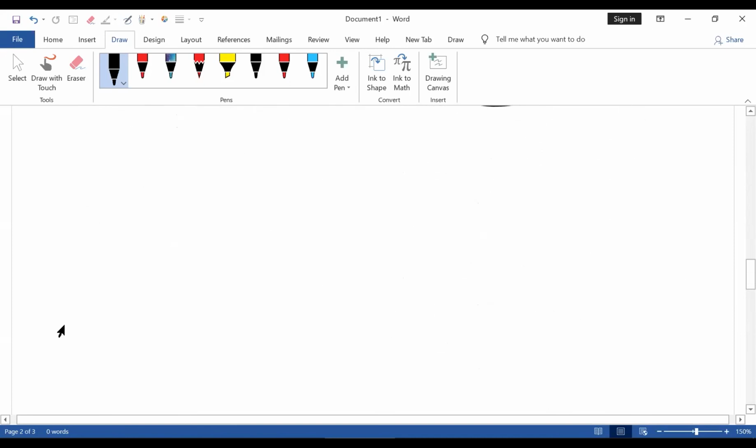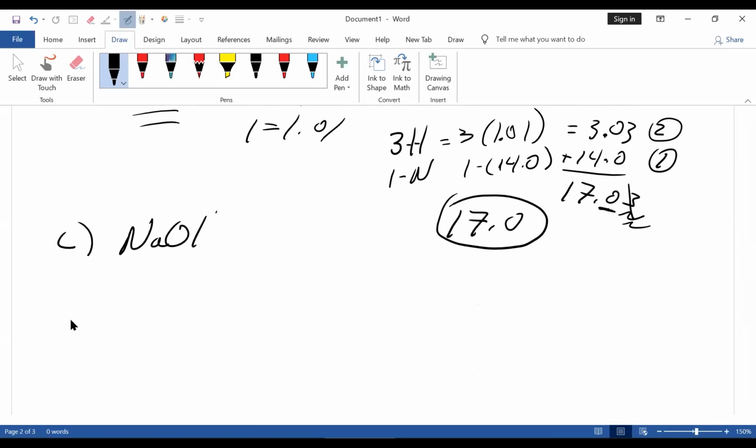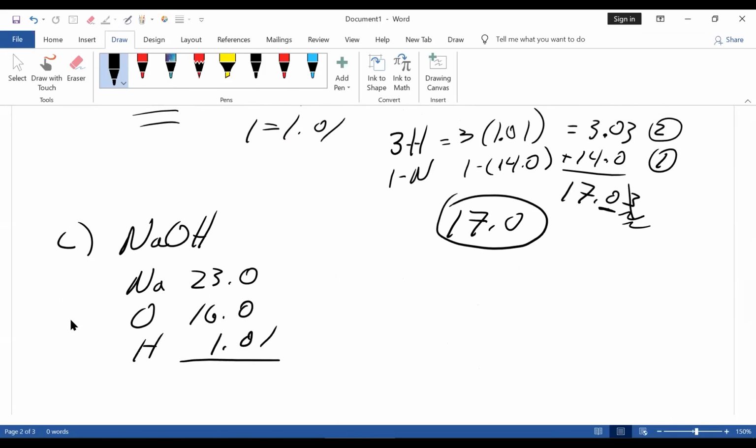Oh, let's do one more. An important compound that's used a lot in the United States in chemical industry is sodium hydroxide. And sodium has this atomic weight, oxygen has this one, hydrogen has this one. I'll add this up myself because I've already given you, but you have to know the molecular weight of a compound is the sum of all atomic weights, and this is